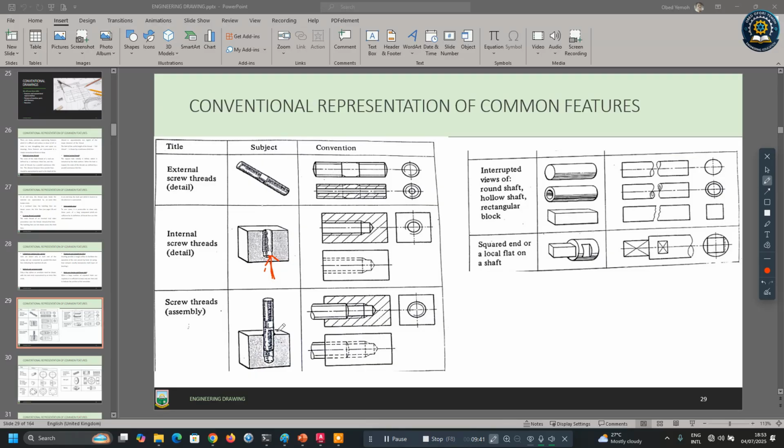Since you have two threads coming together, there is a rule which guides the situation. The rule simply states that when you have two threads together, an internal and an external thread, we consider the internal thread